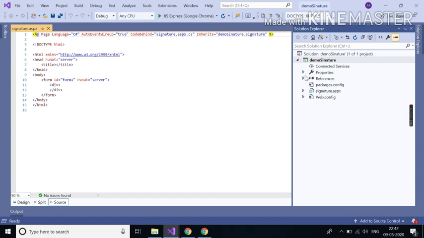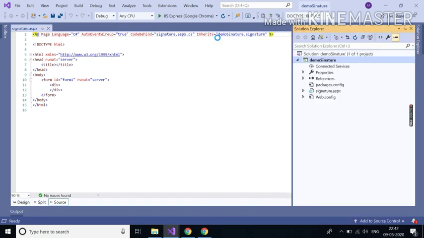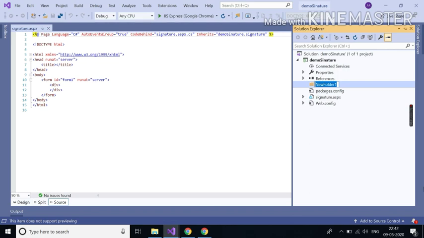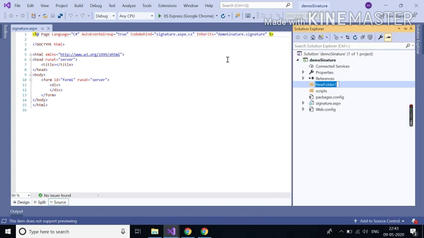First of all, we need a folder, scripts, and the second folder we need is CSS.